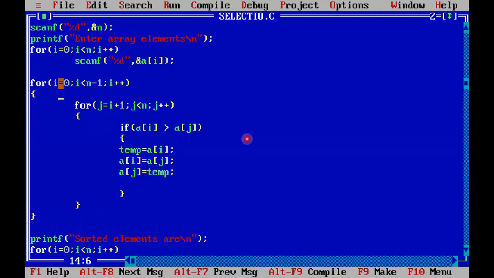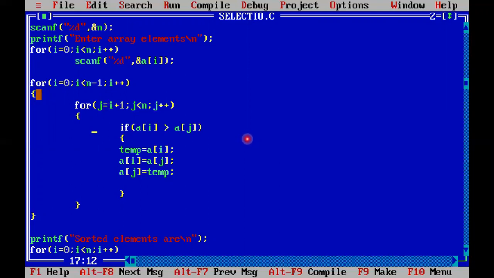Okay. For that, in my algorithm, I use one variable i which denotes the number of steps, also called passes, which starts from 0, and the number of passes required is n minus 1. Okay.